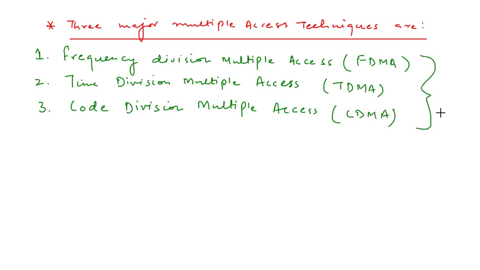These are the three main multiple access techniques which we often use in our cellular systems in order to provide access to our limited bandwidth by multiple users. Depending upon the available bandwidth, these schemes can be narrowband or wideband. If lesser bandwidth is given, these schemes can be narrowband. If more bandwidth is given, then these schemes can be wideband. And now we shall learn about these schemes in detail in the subsequent lectures.